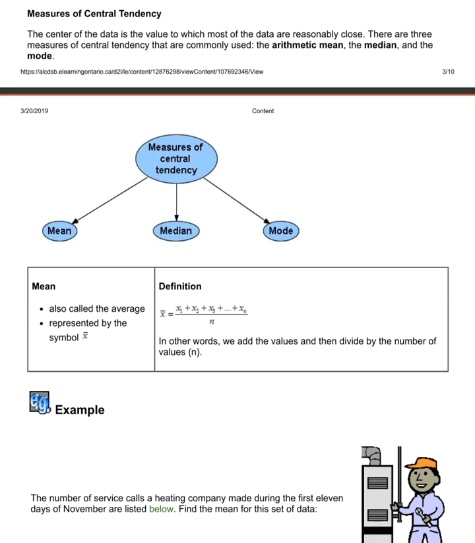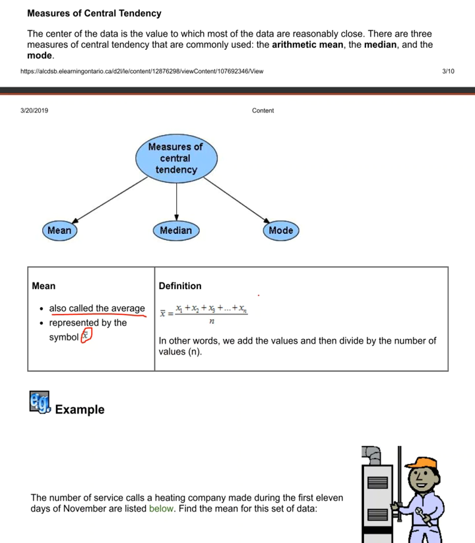The mean is also called the average. That's a key thing to note. We use average quite a lot, I think. It's represented by this little symbol, which is an X with a bar on top. So X bar is normally how I refer to it, just so you know for future. And what you do is, when you're given a set of data,